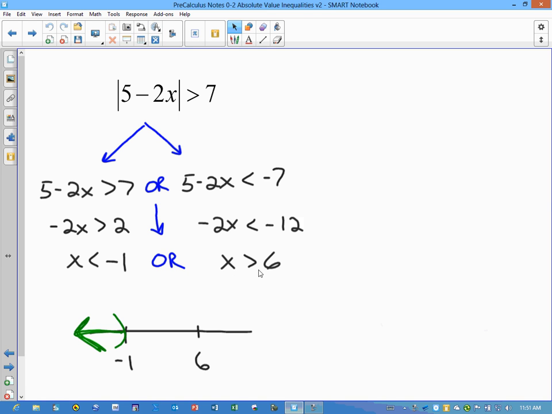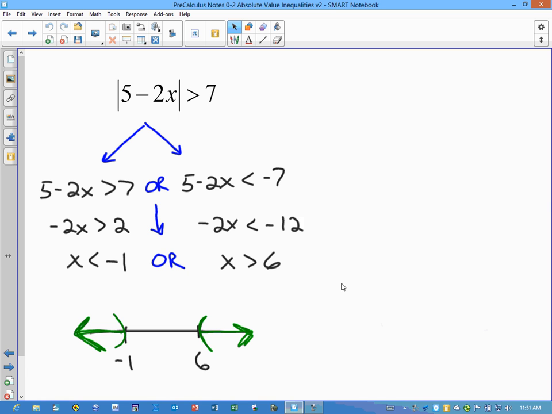And for the other side, I have everything greater than 6, which is to the right of 6 on a number line. Again, I have a parenthesis because I'm not including the endpoint. And then I shade in off to the right with the arrow to show that this goes on forever. All right, so that's the analytical approach. Let's think about the